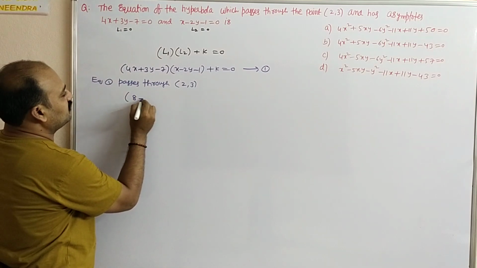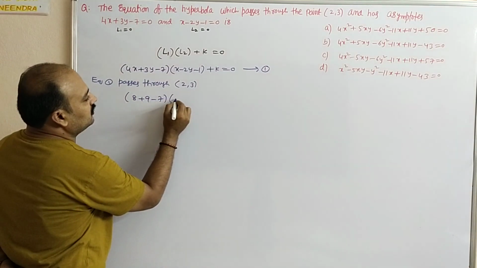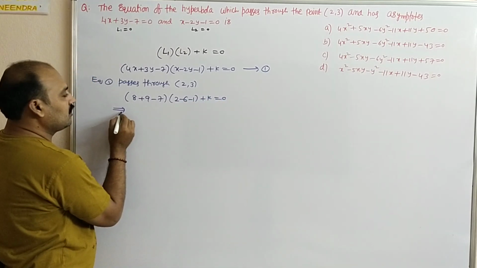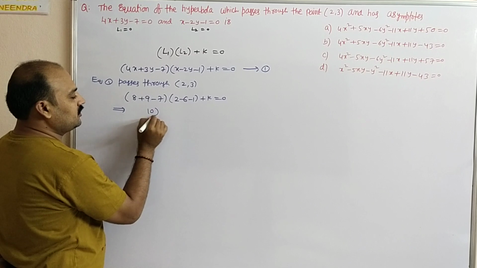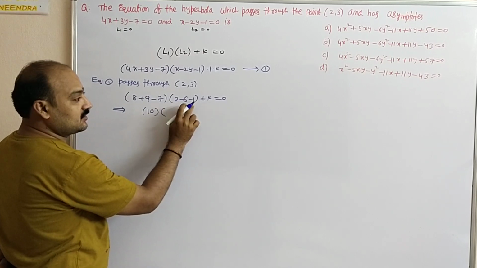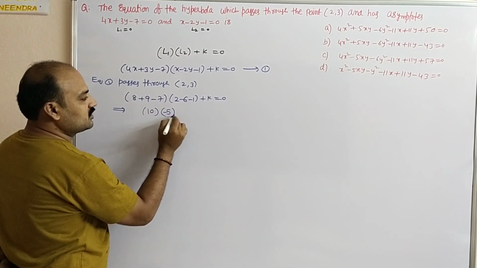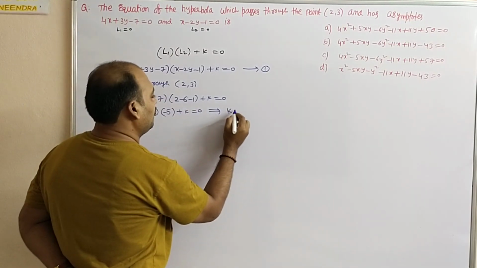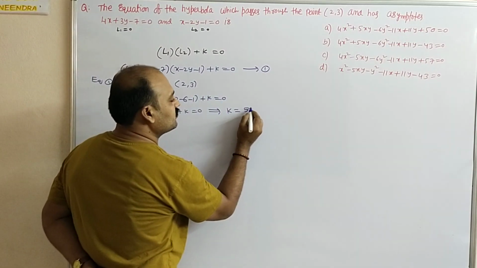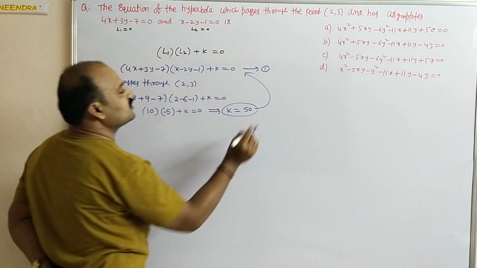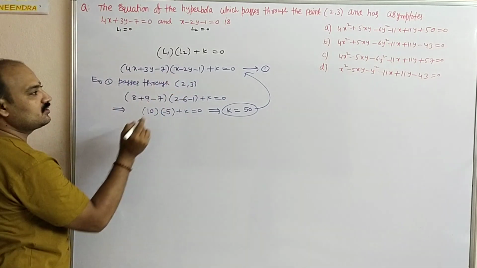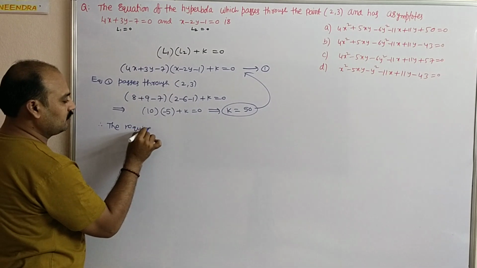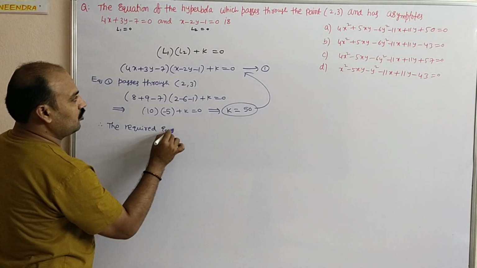So it will become (8 + 9 - 7)(2 - 6 - 1) plus k equal to 0. 17 minus 7, so 10. 2 minus 6 minus 1 means minus 5. So 10 into minus 5, minus 50, plus k equal to 0. That implies k equal to 50. So k again substitute in this equation, and do the actual multiplication. Therefore, the required equation of hyperbola